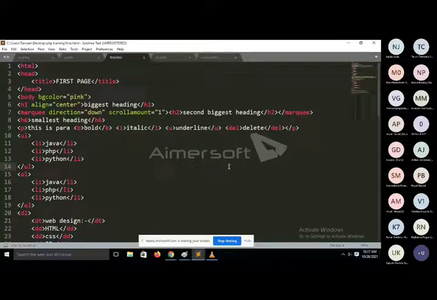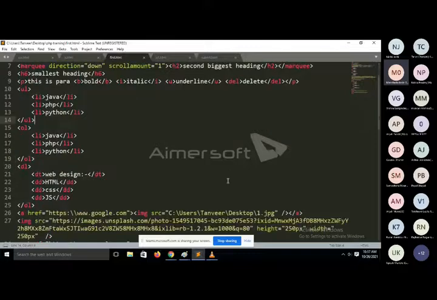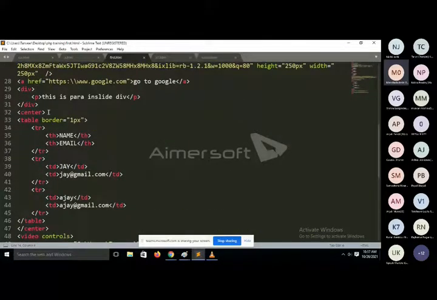Sir, we could have used this alignment property in the table also? Yes, you can use this. Sir, sometimes I did use this align property, but it was not working. The center tag always works. If you apply the center tag, then it will always work for you.